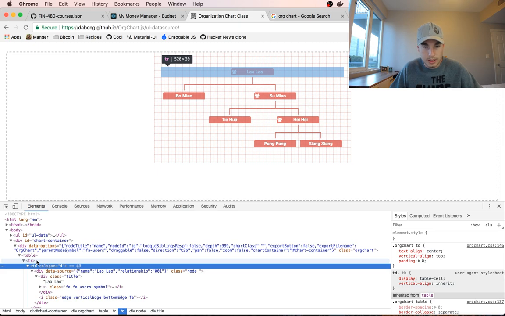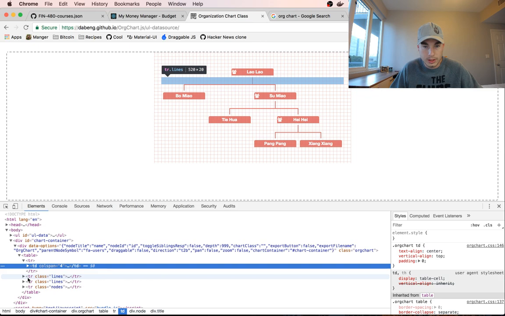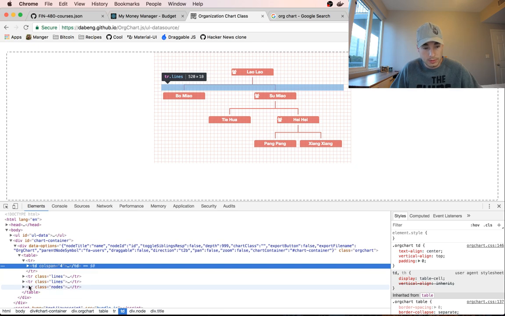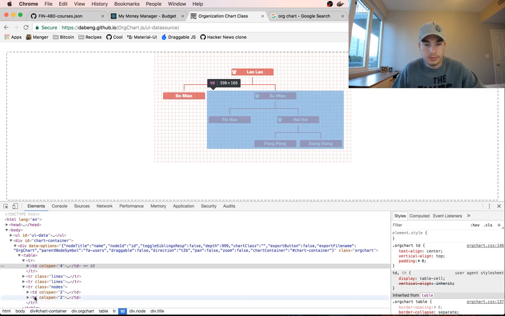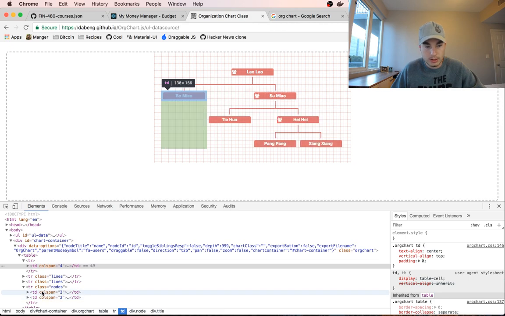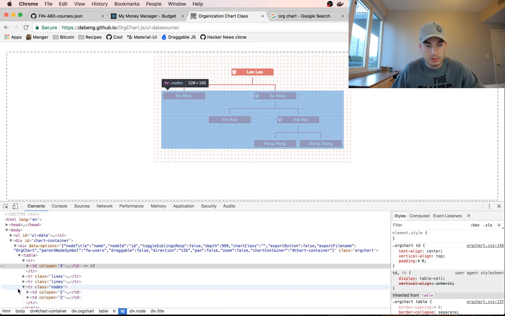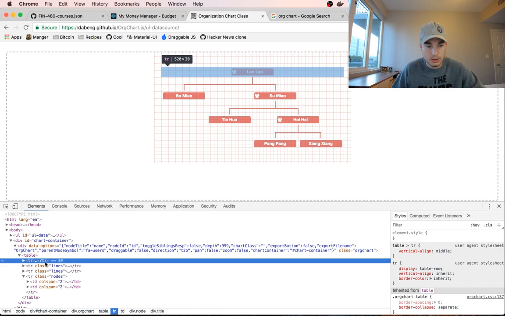And then you've got a table row for the first row, a table row for the first row's lines, another one for the first row's lines, and then you've got a table row for the following nodes. Okay, and then that final row, which is called nodes,